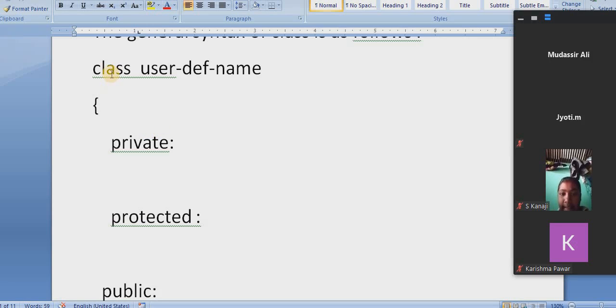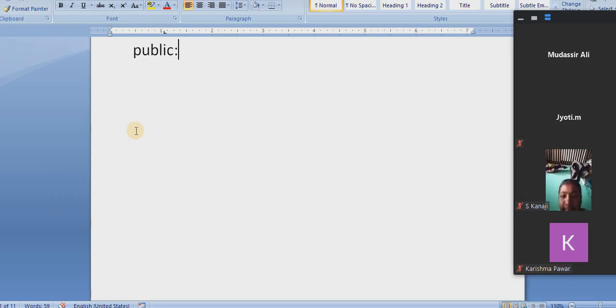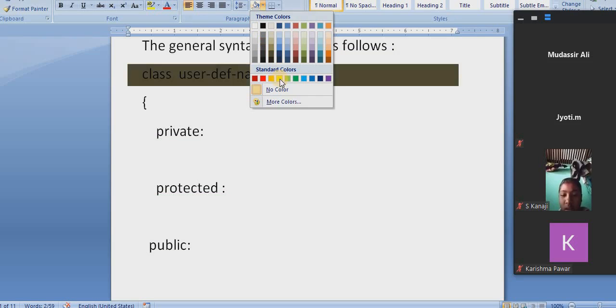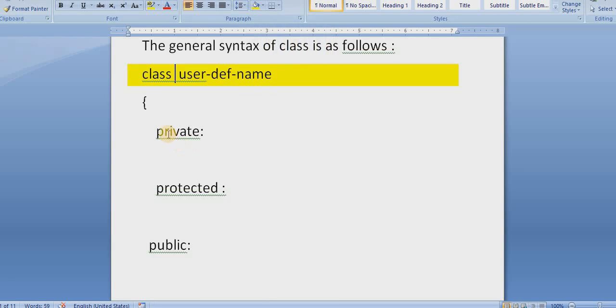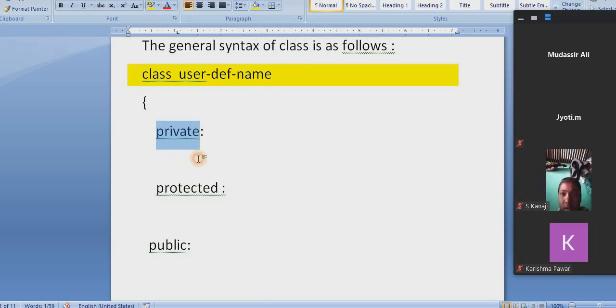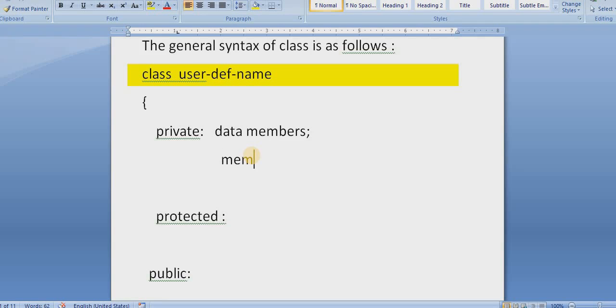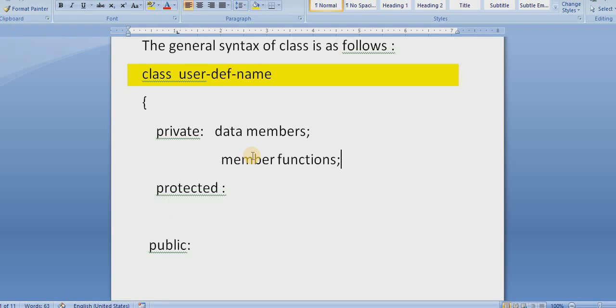So how to create a class? So this is the method for creating class. So we have to start like this. First class, then user defined name, class user defined name, then opening flower bracket, then private keyword. So after private, here we have to write private data members and member functions. Okay, then same